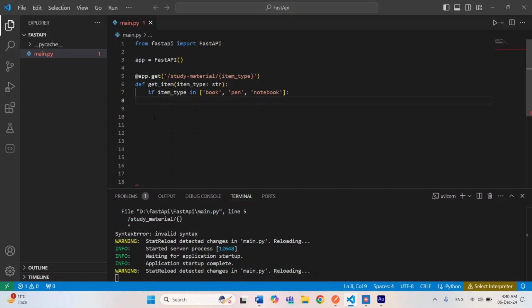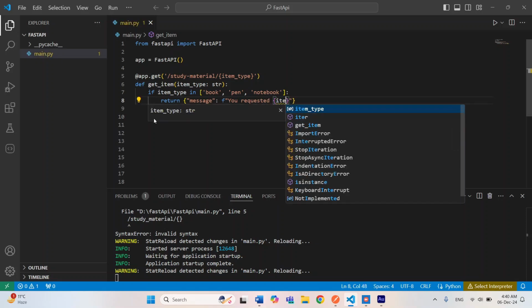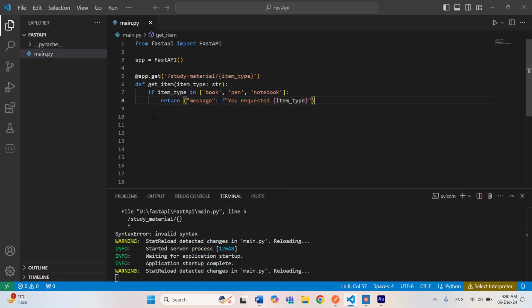So then return message you requested item type. Okay, and if it will go to else part, then return error. Okay,